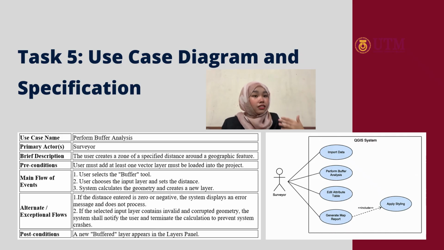The next one is if the selected input layer contain invalid and corrupted geometry, the system shall notify the user and terminate the calculation to prevent system crash. And the post condition is a new buffer layer appears